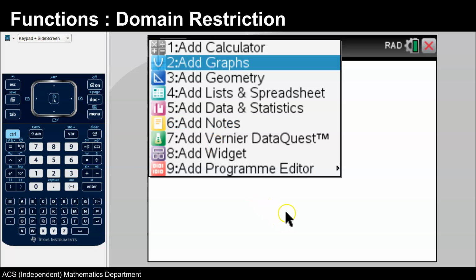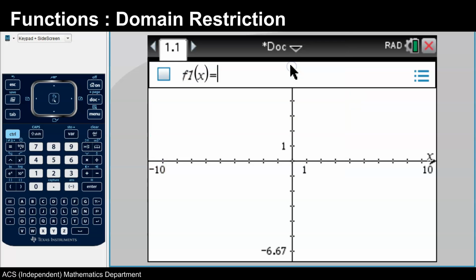Okay, hi. In this tutorial, I'm going to show you how to restrict the domain of a graph using your TI Nspire. So what you do is, in the graphs page, you can sketch your graph, say for example, x squared